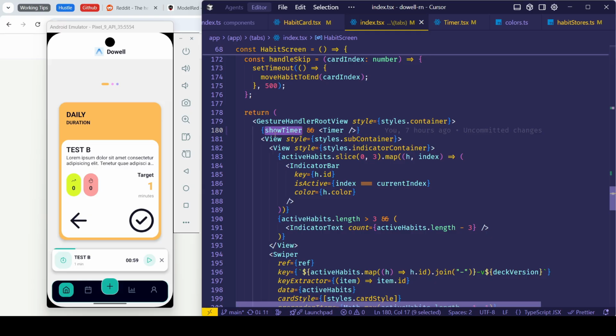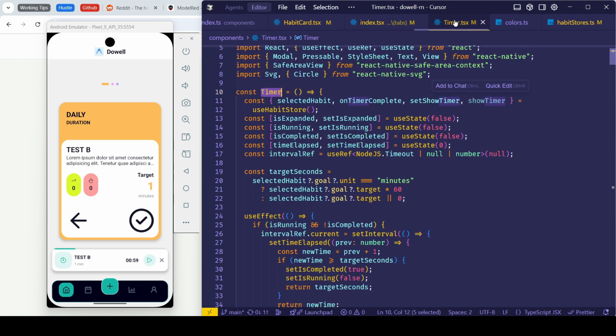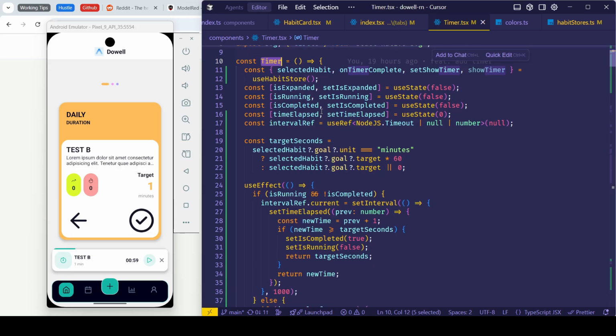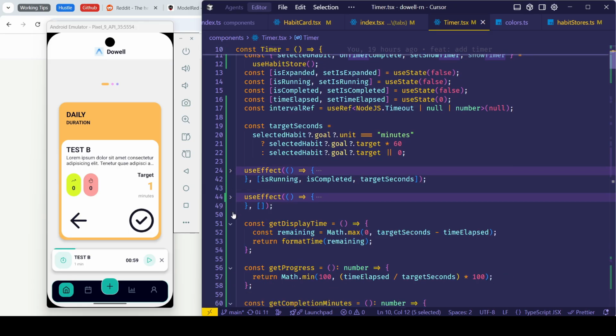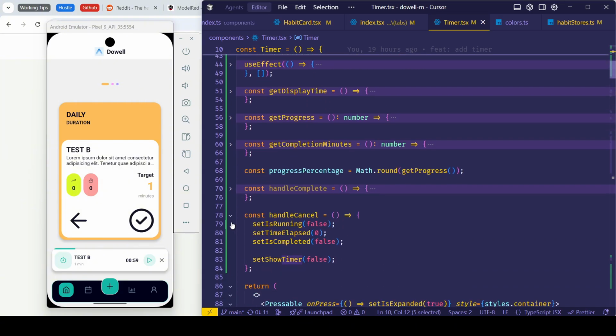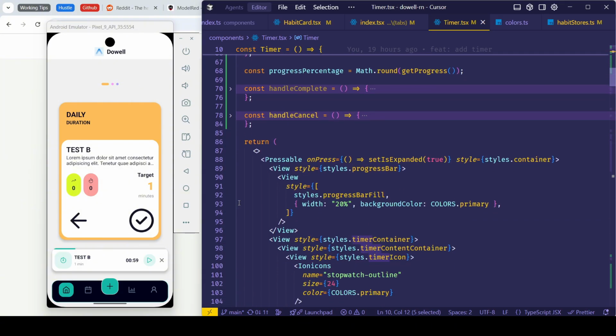So when showTimer is true, it will call the Timer component. And in the Timer there are several things I want to explain to you. So we're gonna focus on the slicing.